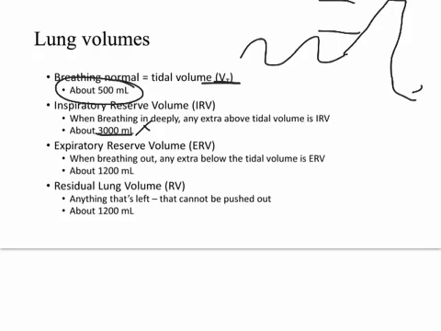Then your expiratory reserve volume, breathing out from here to here, that's going to be about 1,200 milliliters. And then the residual lung volume, what you have left after everything's already out, that is about 1,200 milliliters. So if you're following along, you'll know that the total lung capacity is approximately